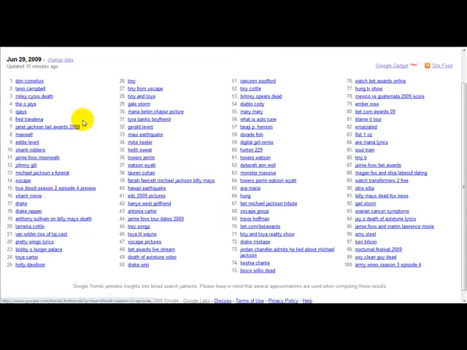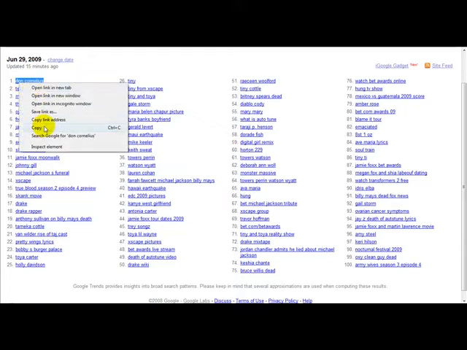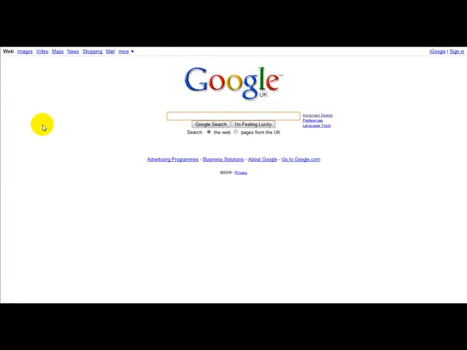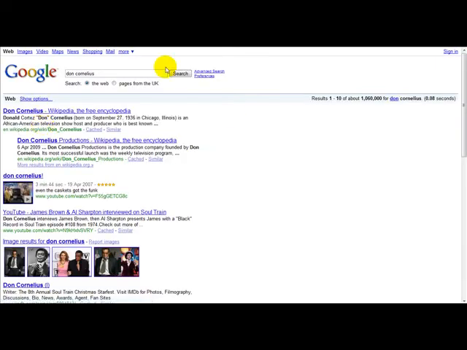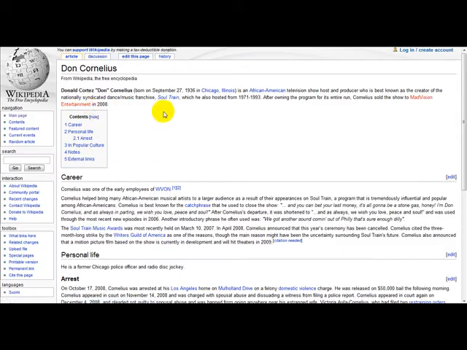People are typing this on Google. So for example, at the top we've got Don Cornelius. So let's just check who is Don Cornelius. I'm just going to highlight this, copy over to Google and paste this guy's name, press enter, and in fact Don Cornelius was or is an African American television host,